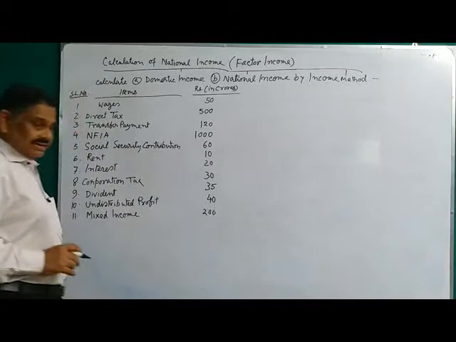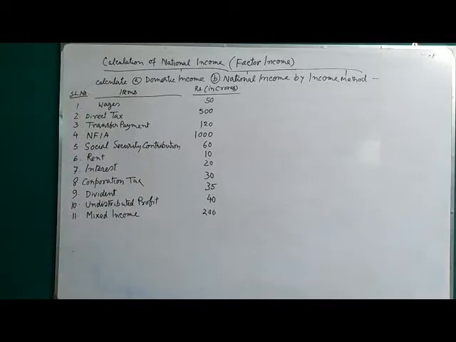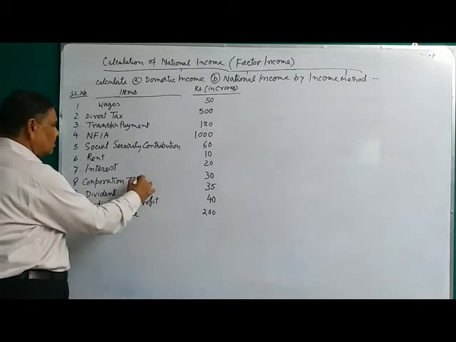So this is the math. Number one, wages, rupees 50 crores. Direct tax, rupees 500 crores. 3, transfer payment, rupees 120 crores. 4, NFIA, that is net factor income from abroad, 1,000. 5, social security contribution, 60. 6, rent, 10. Then 7, interest, 20. 8, corporation tax,